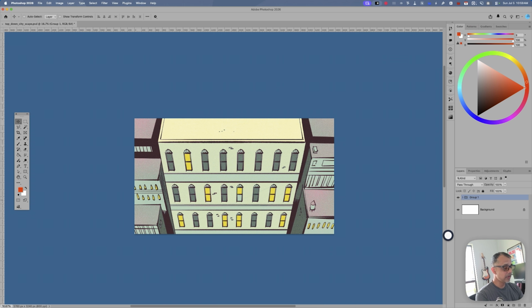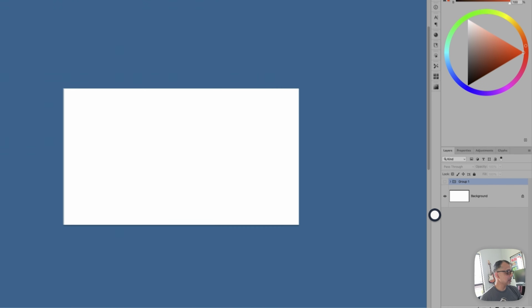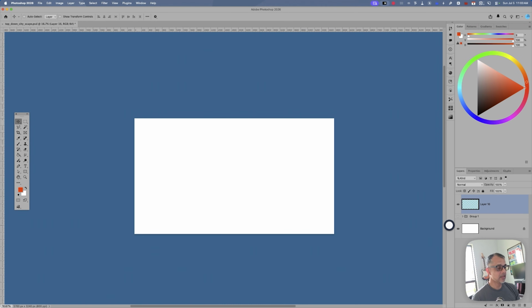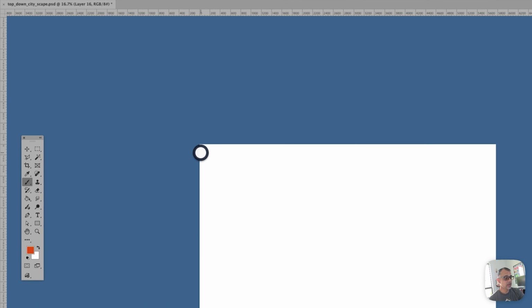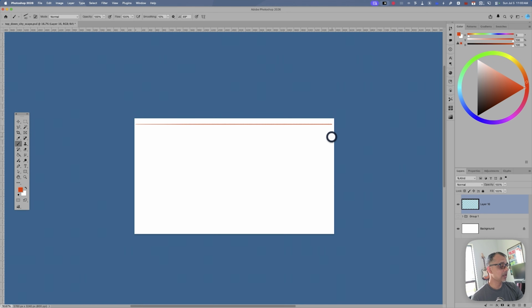It's a simple one-point perspective, kind of like you're looking down on a cityscape, and this was a lot easier to do with using the reusable asset that I'm talking about. What is that reusable asset? It's basically a series of horizontal lines. I'm not going to go through how to make a bunch of horizontal lines, but I'll just show you the